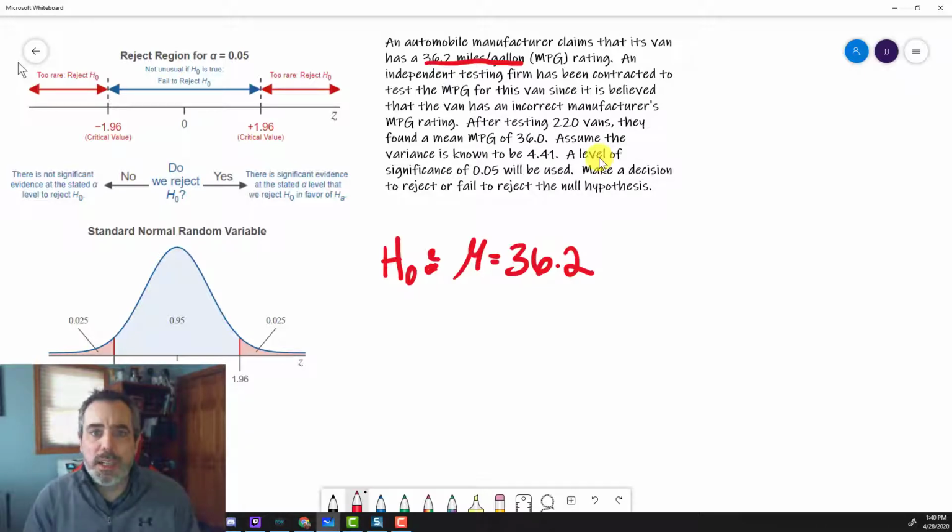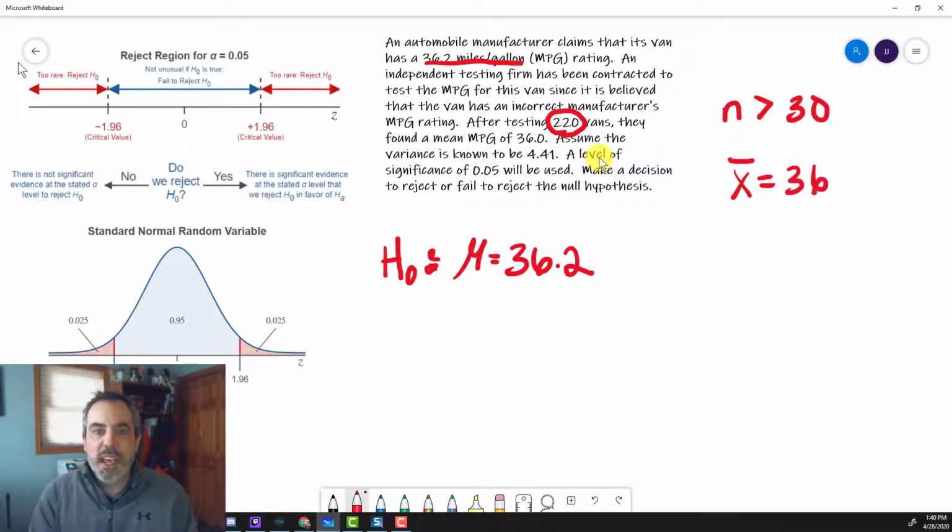So the independent testing firm came in and they tested 220 vans. That's important because in order to use these ideas, you have to have more than 30 in your sample size. They found a mean of 36. So they ended up with an average in this sample of 36, and they have a variance of 4.41, which means I'm eventually going to need the standard deviation, and I shouldn't label them that way because that is a sample. So the sample variance,